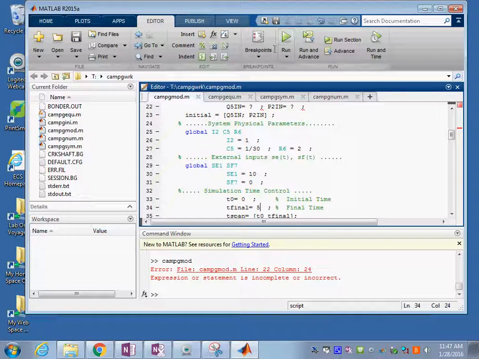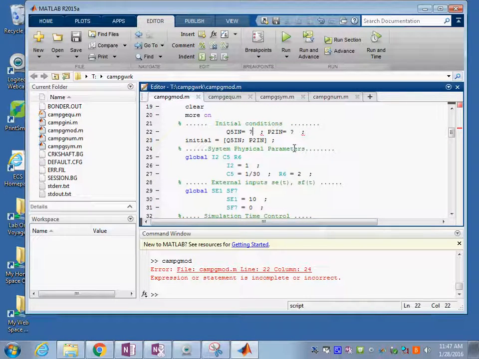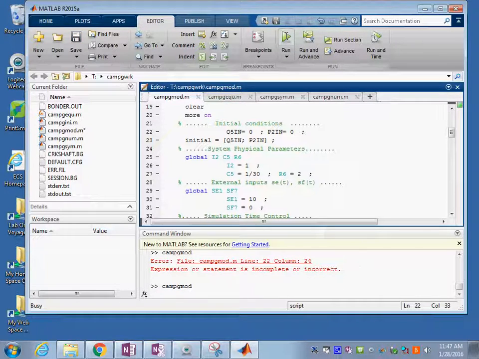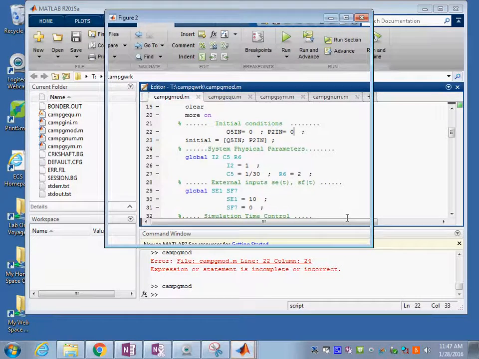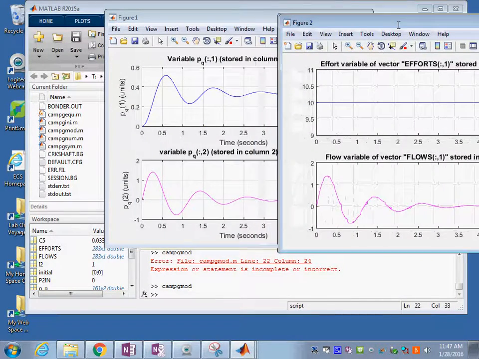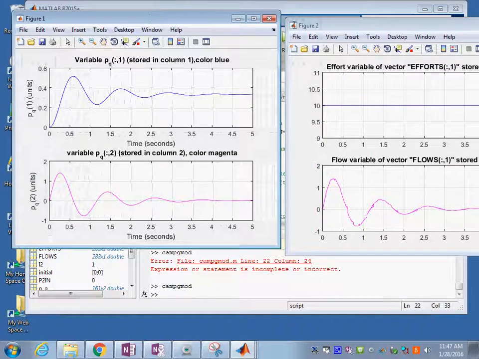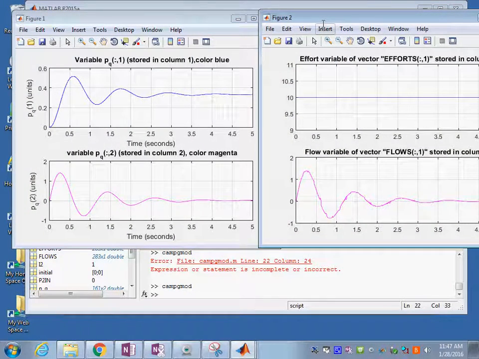Well, right now we got an error in here, line 22, obviously because we didn't enter the initial conditions, which we need to give. The system is not moving. And if you run this, the computer is going to come back and do a simulation for you. See, I gave it an input in here and it gave me the answer. Okay, we'll stop here and we'll look at the other method in the next